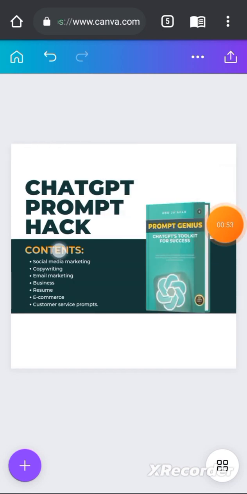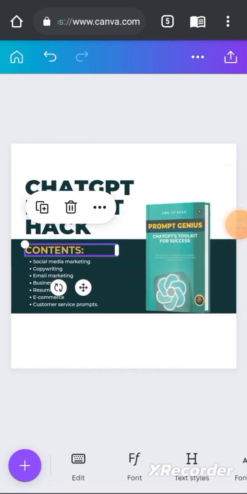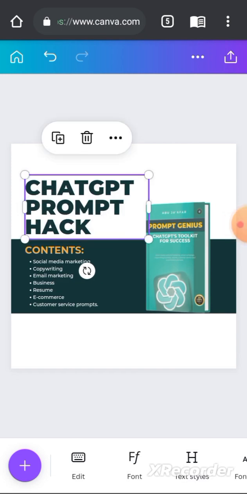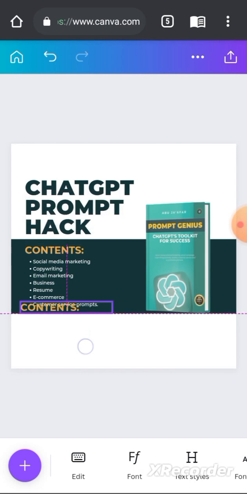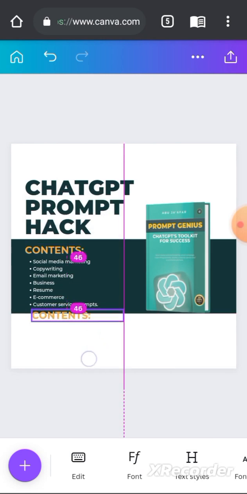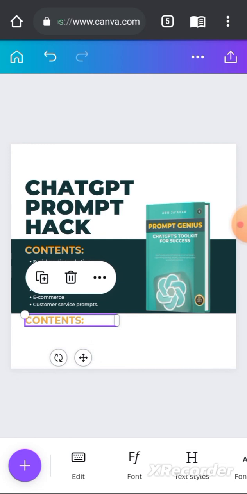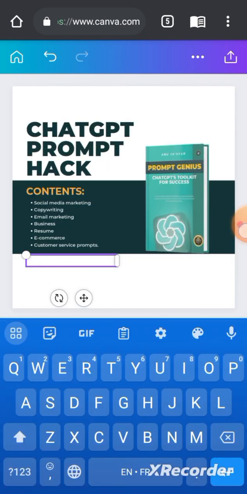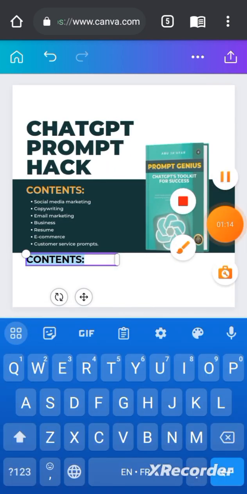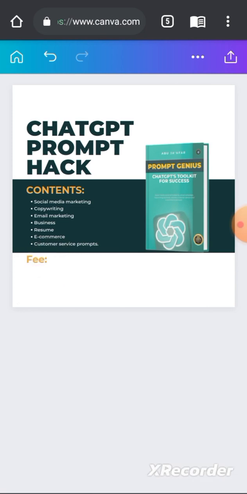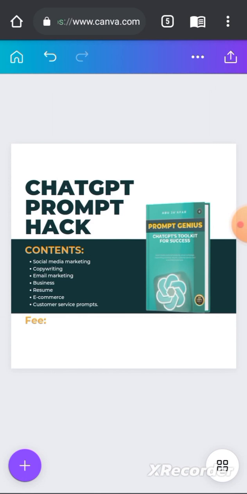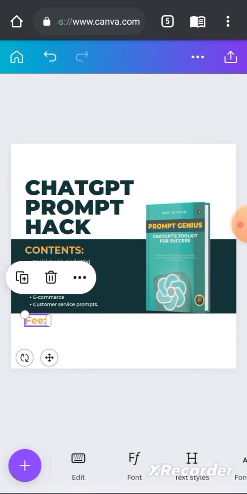So I want to duplicate content. So let me duplicate it. Click on duplicate and edit it. So I want to edit it and type fee. So this is what we have. So I want to reduce it. So I want to add background. I want to add background to this text, that fee. So I'll scroll